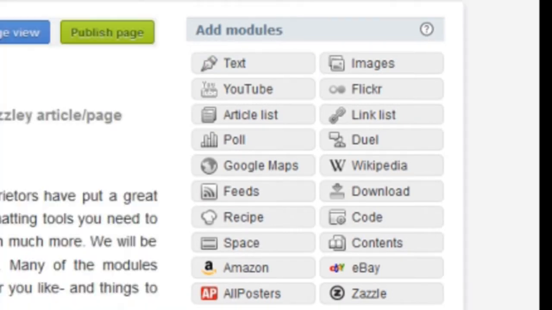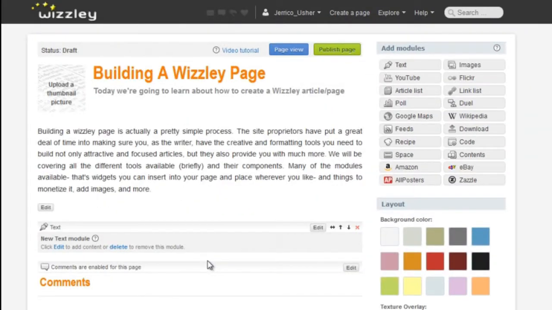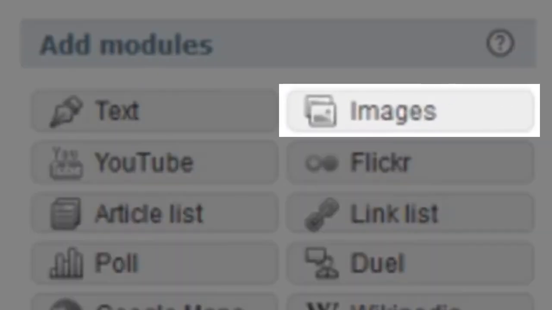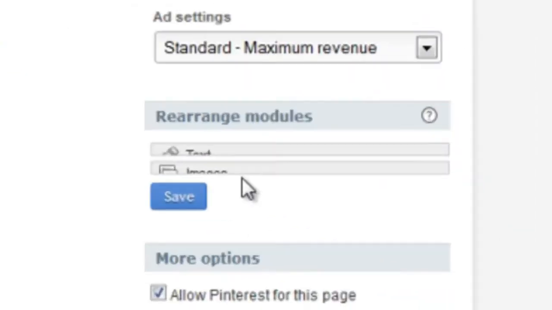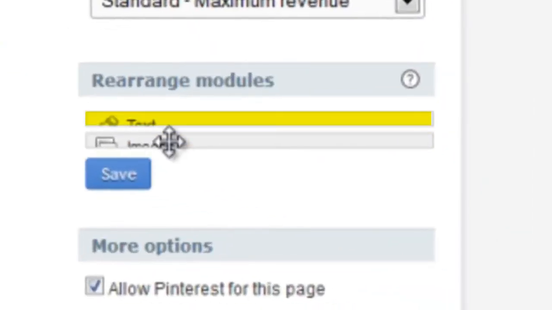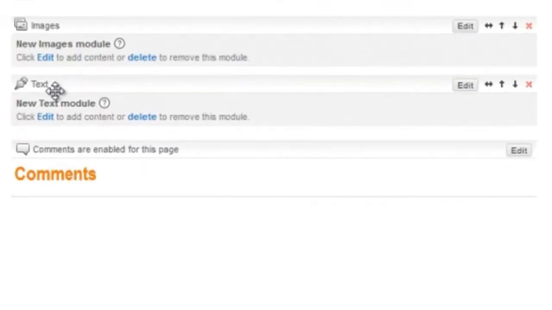The first thing you're going to want to do is add text to your article. There's already a text module by default. I like to add a picture along with the text module right away. So all you have to do is click on Images, and you'll see the module here. If you scroll down, you'll notice that you also see it here, text and image. Now, if I want the image file to be on top of the text file, just click and drag it, and there you go. Make sure you save it, and you'll notice the image is on the top, the text